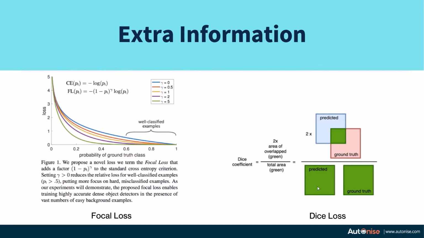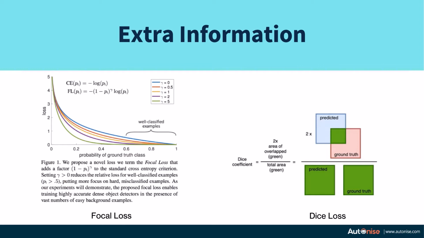Then there is the dice loss. So let's say you have a prediction, like you want to predict where a bicycle is in an image. Now, how do you exactly calculate whether your prediction is correct or not? If you try to match the coordinates of the bounding box, let's say you have a ground truth which looks like this, it has 4 coordinates, and your prediction is like this. If you try to exactly match the coordinates of the predicted corners of the box, then the value of this prediction and the ground truth remains 0 till the prediction exactly matches the ground truth. So that is not a continuous value.